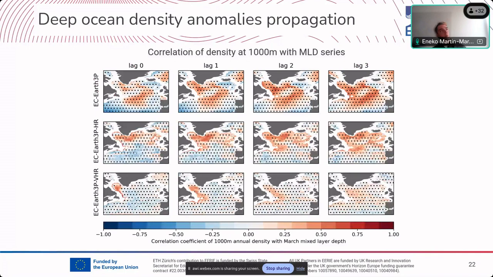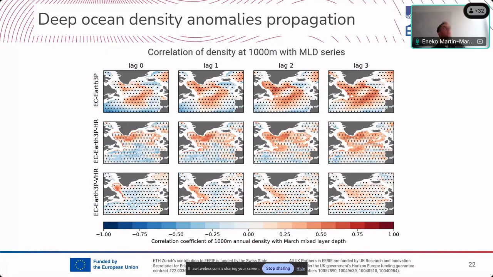So then if we check now the density at 1000 meters, we also correlate it with the mixed layer depth, and we see how this density is evolving after the mixing. So on the low resolution model, it seems that we have some significant signal on lag 1 and 2 in the Labrador Sea. So this means that the mixing, which is probably happening more in the Irminger Sea in this model, is entering the Labrador Sea with the currents, so under the sea ice, which is something that has been discussed in